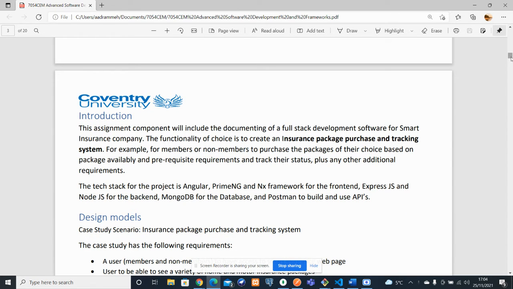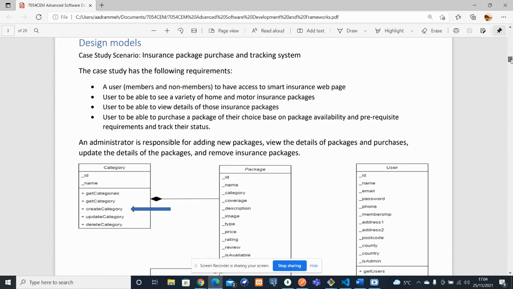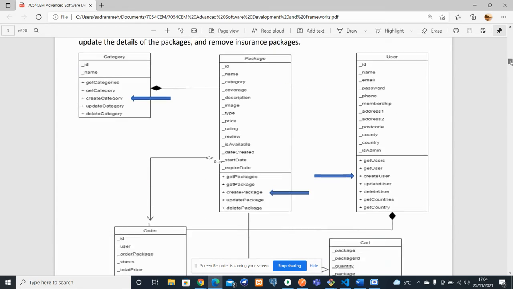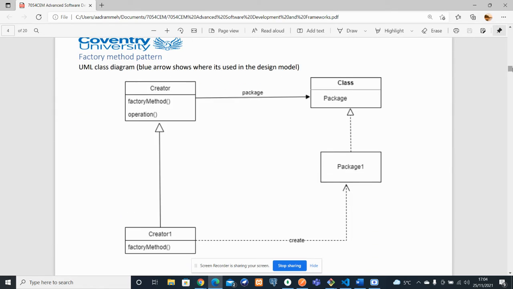The component of this coursework will include the documenting of a full stack development that I created for Smart Insurance Company. And the functionality of my choice is insurance package purchase and tracking system. I created four models for it, which are categories, packages, user, order, and chart. And for the Gang of Four, I use factory method pattern, which is a creational pattern